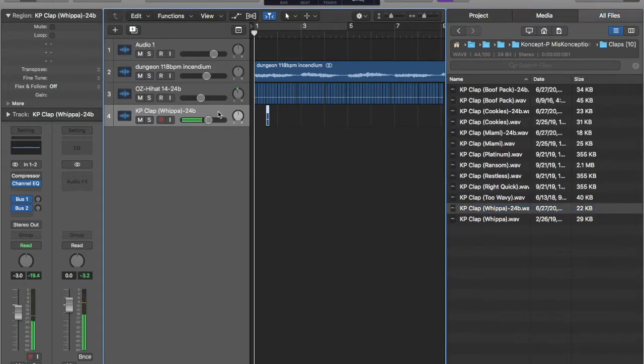It's a really standard clap. Kenny tends to use regular sounds that have shown up in a lot of other trap music, but he edits them ever so slightly. So for example, this clap,